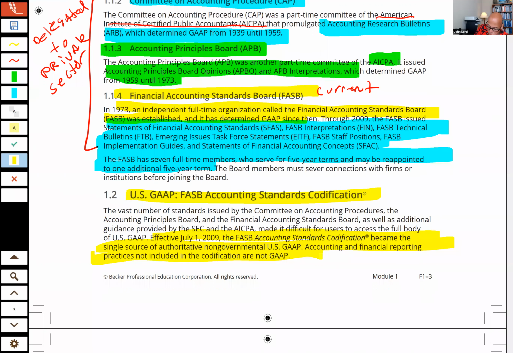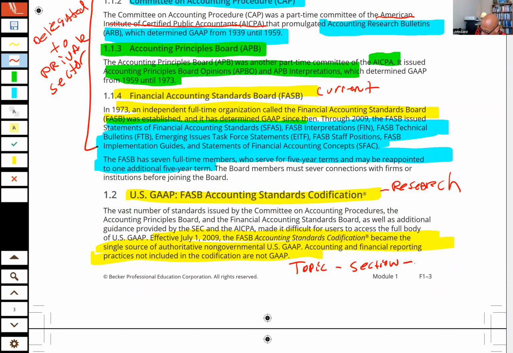Now, where does this whole little story become particularly important for you? When you do your research. So what's going to happen? On every exam, you will have at least one research task as part of your task-based simulation. They're going to ask you to do a keyword search on whatever the topic is, and then you'll have to answer your question and provide what is the topic, what is the section,